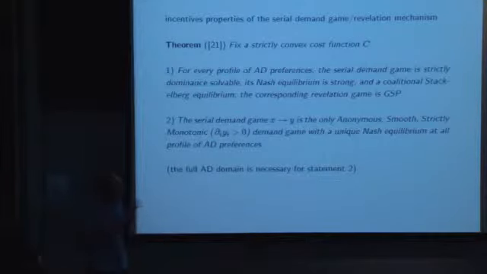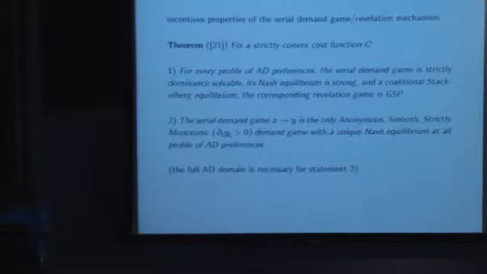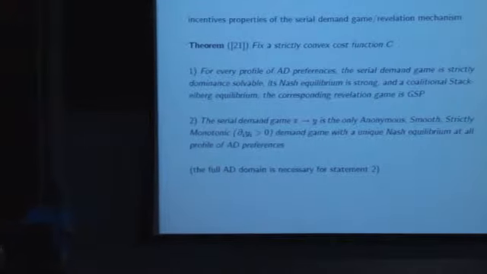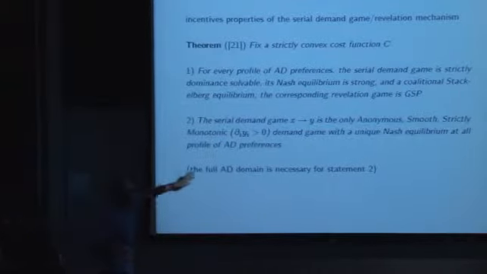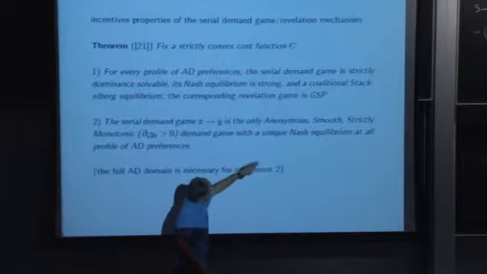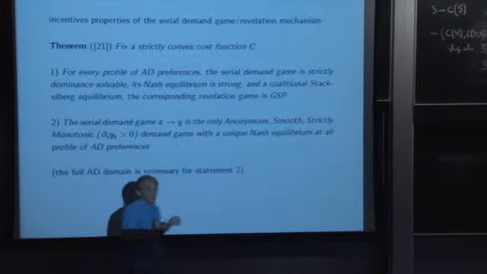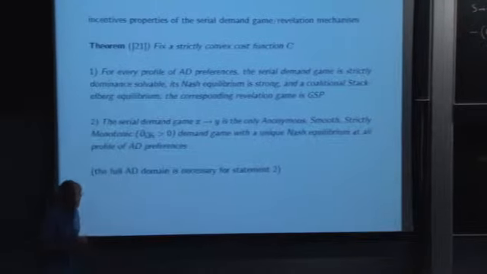I mean, there is here a subtle thing with the domain of preferences which takes some work to explain, so I'm not going to do it. But, okay, all right. And notice also that in the characterization theorem, we have to assume smoothness, strict monotonicity,